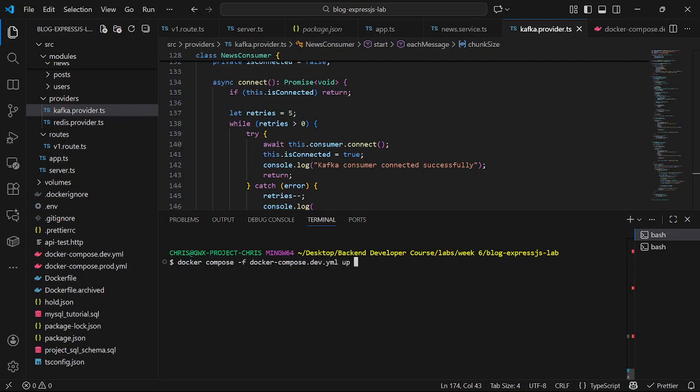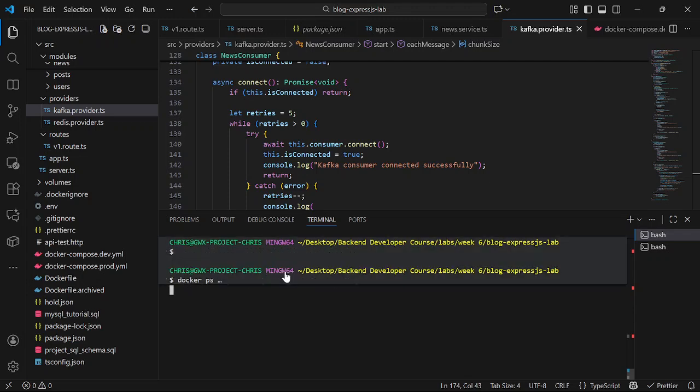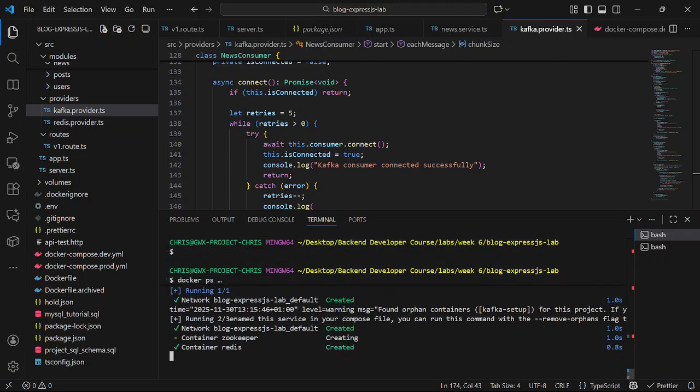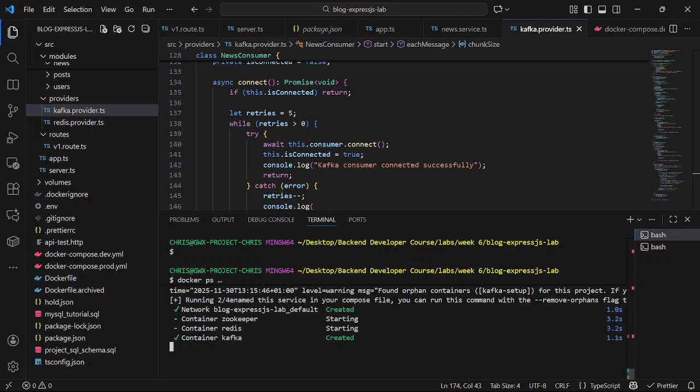Then up, then we give it -d. -d means it should run in the background; I don't want the terminal to start console logging the whole startup process. If I click enter, okay, it tells us that it has created and started, then it turns control back to the terminal.